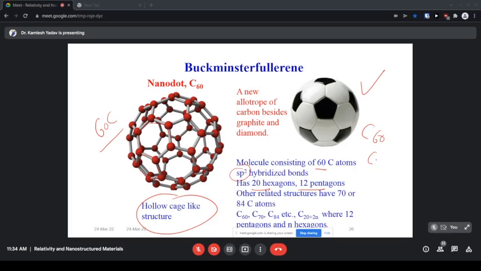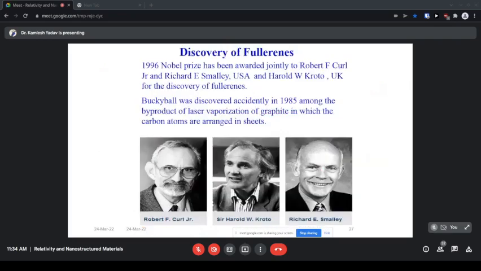In C60, there are 20 hexagons and 12 pentagons. This can exist as C60, C70, C84, and so on. It generally exists as C20 plus 2n, where n is the number of hexagons. For example, in C60 the hexagons are 20, therefore 20 into 2 gives 40, and 20 plus 40 is C60. There are 20 hexagons and 12 pentagons. For the discovery of fullerene in 1996, these three persons, Robert Curl, Kroto, and Smalley, were awarded the Nobel Prize